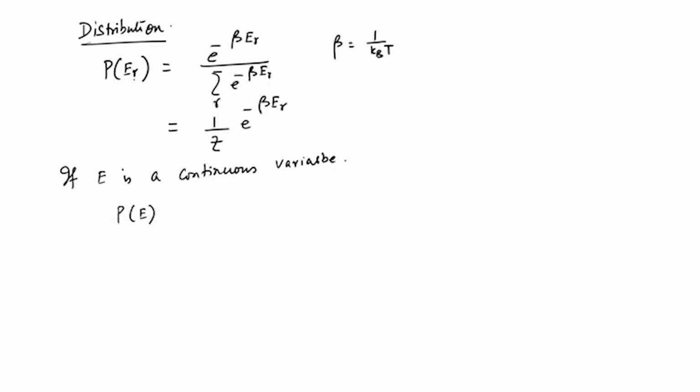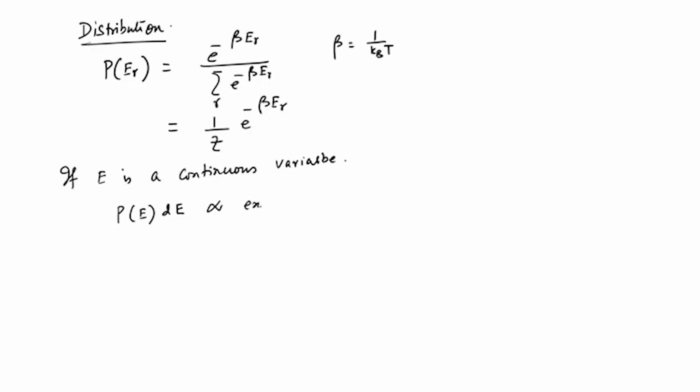Now, we are not using E_r, because we are using E as a continuous variable, and we want to ask this question: what is the probability that we find our system between E and E plus dE, which is given by P(E) dE, and this is proportional to